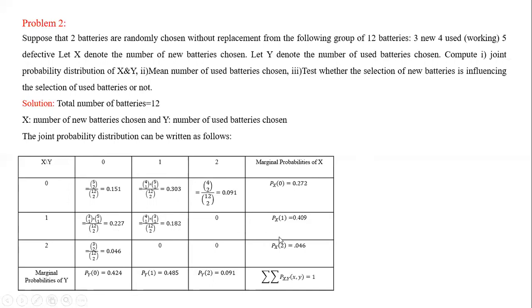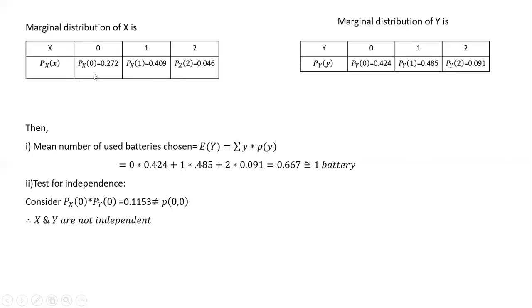So this is the marginal probability of x equal to 0. This is the marginal probability of x equal to 1. Similarly, for 2 comma 0, we have 3C2 because 3 are new, 3C2 by 12C2. This is 0, 0. So the marginal probabilities of x are 0.272, 0.409, 0.046. Similarly, the marginal probabilities of y values are 0.424, 0.485, 0.019. So the sum of all marginal probabilities equals 1. Next, the marginal probabilities of x and the marginal probabilities of y are given respectively. The mean number of the